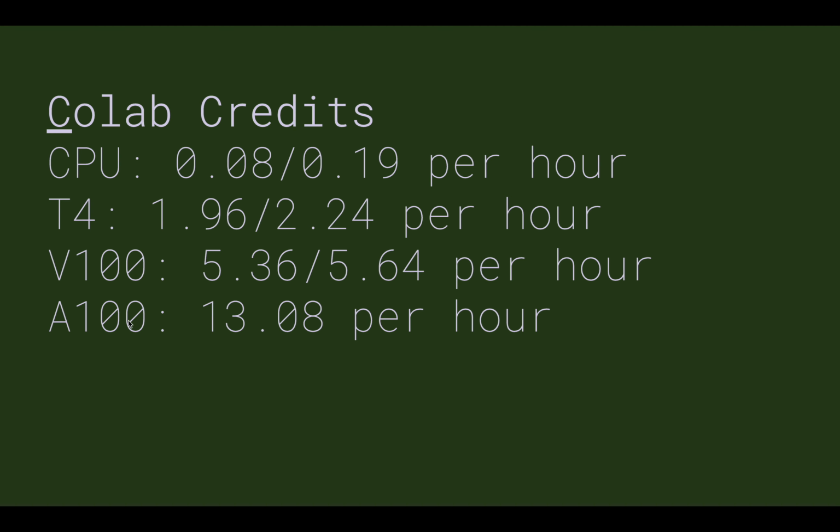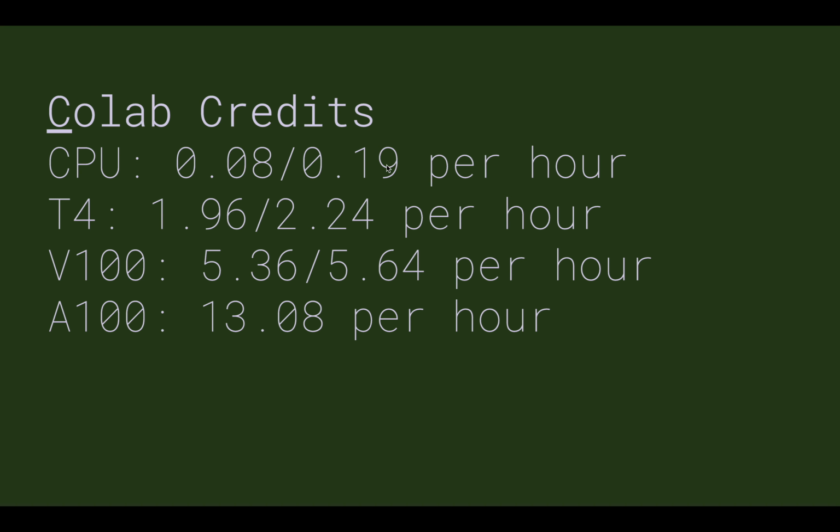And the A100s automatically come with high RAM, so there is no high RAM price for that. And you'll see it's a very, very little amount of credit difference. So in some cases, high RAM might be faster, so maybe we want to leave it on. I don't know. I've never really gone that deep to figure out exactly which one needs which.